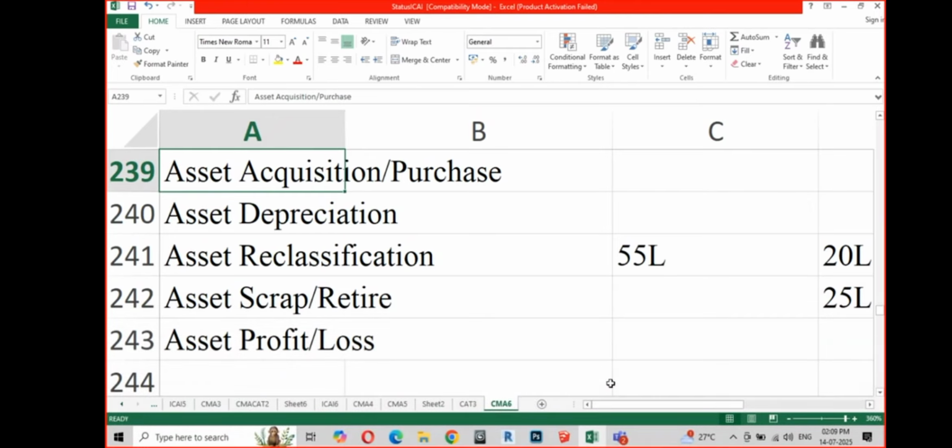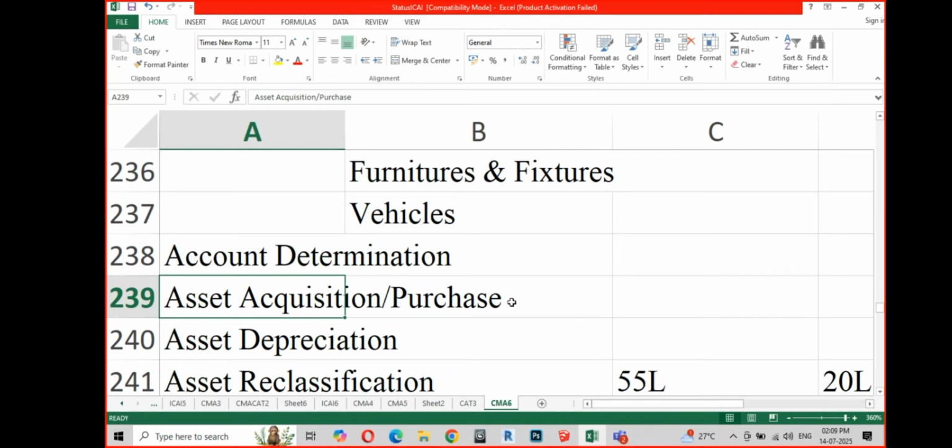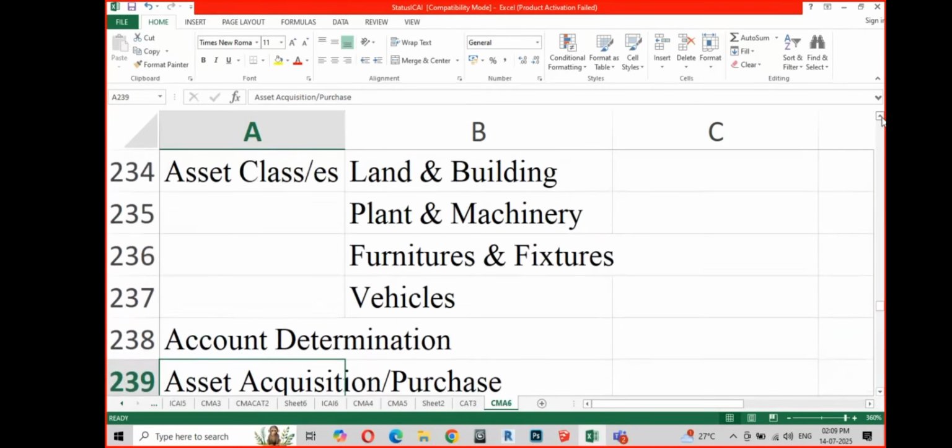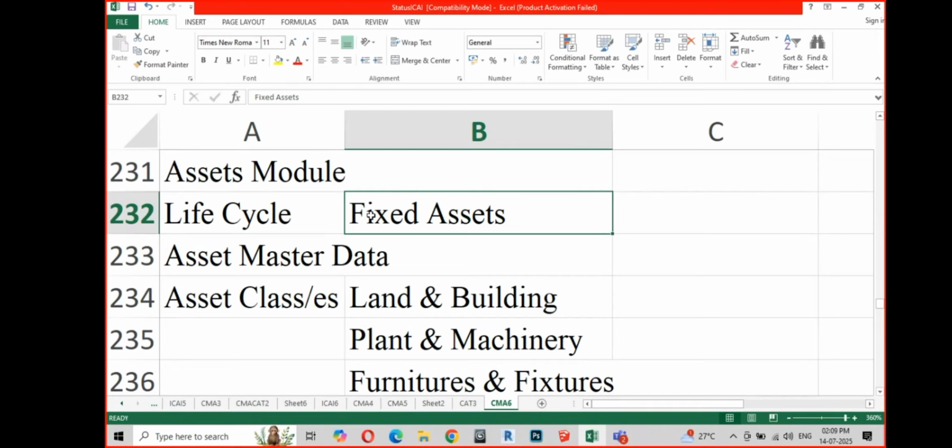So, just before we had our lunch break, we had just got introduced to what asset accounting is and what the nature of assets is that we are going to deal with. I said we are going to deal with fixed assets only. Fixed assets only, right? And when we started the topic, just like we started finance, AP, and AR,